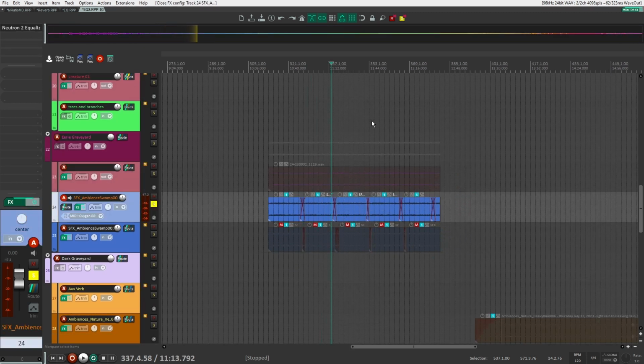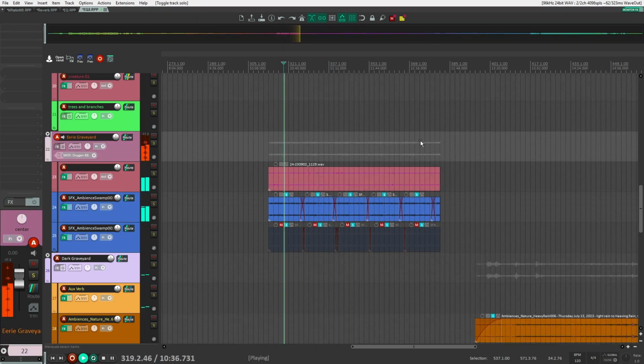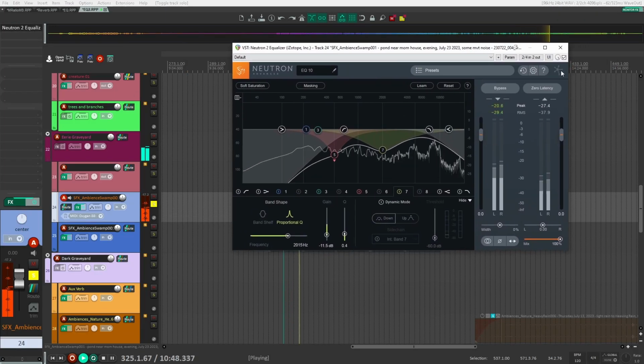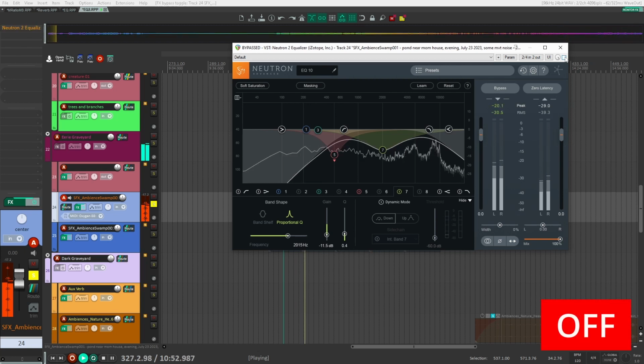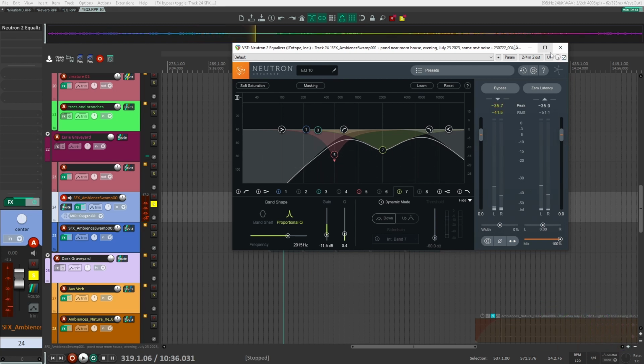And just to show you another kind of extreme example, here's another layer that I use in this other environment. Here I'm actually just using 2 layers. It sounds like this. If we solo this one and I show you the EQ here, I'm just going to remove it. Right? You can see the drastic difference that it makes